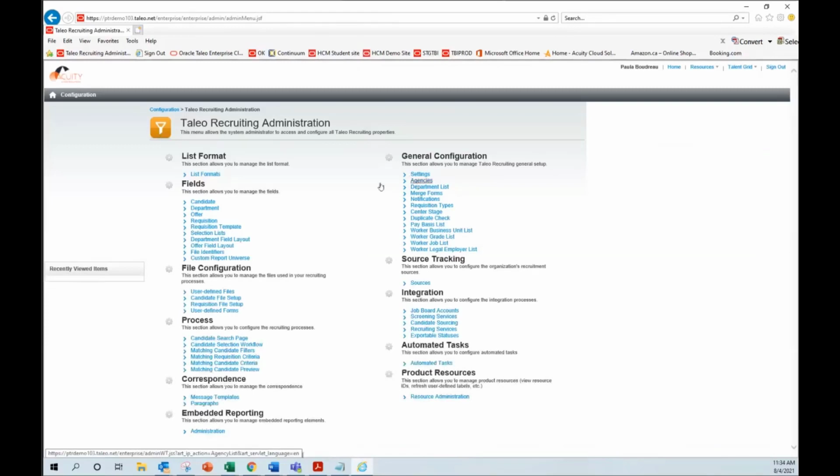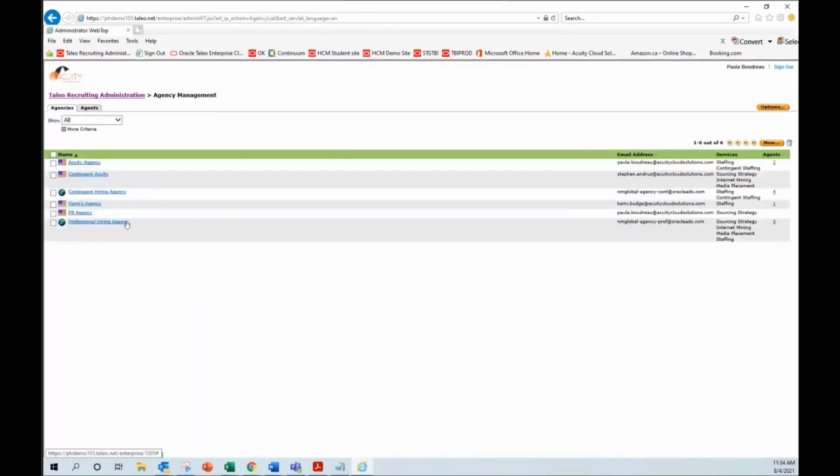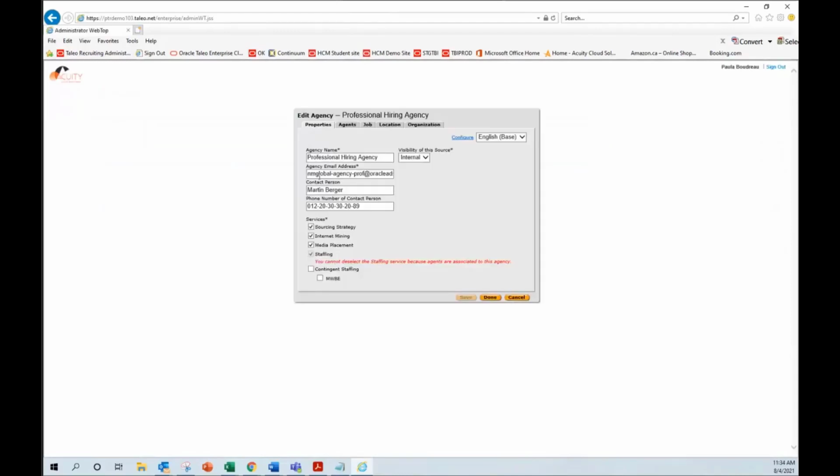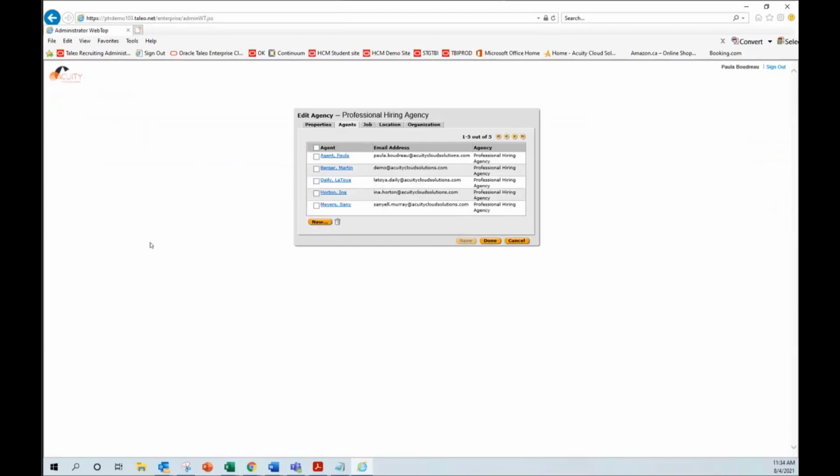The next one that we're going to take a look at is agencies. It's very common in agencies that you may have some that are closing from an agency perspective, or an agent within the agency that is no longer with the agency. So it's a good idea to take a look, from an agency perspective: do I have the main contact? Is it still valid? Is the email correct? And if I go to my next tab under agents, are these all valid? And if there's someone that needs to be removed,